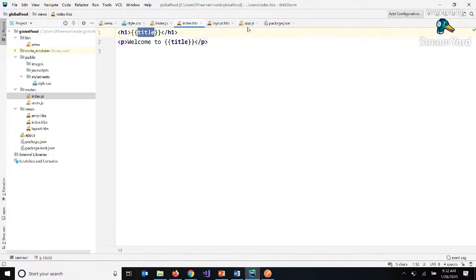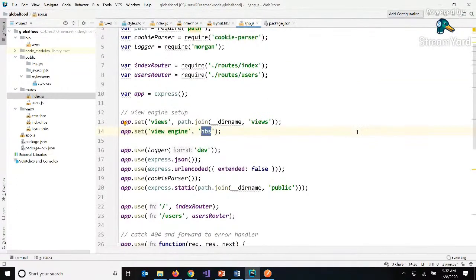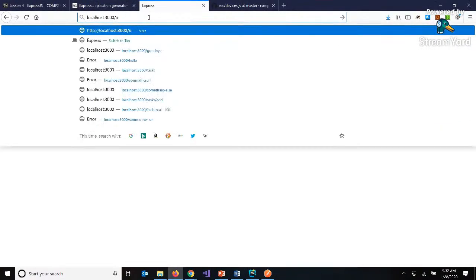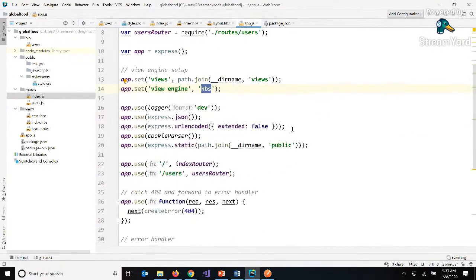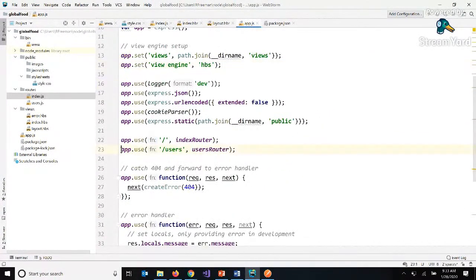Now there's one thing, so there's our index. Let's trace what happens if we go to /users. We get this response. If you try /users, we'll get this response. If we go to our app.js on line 23, and your code should be identical to mine because we haven't changed it,